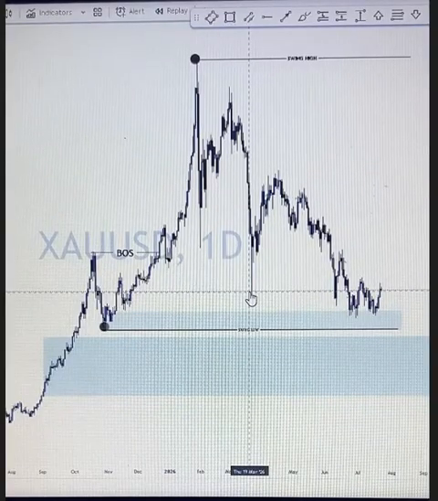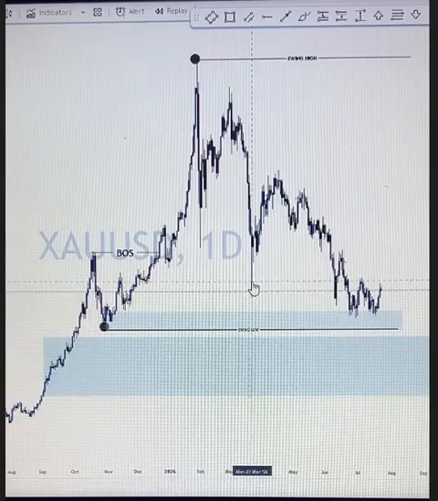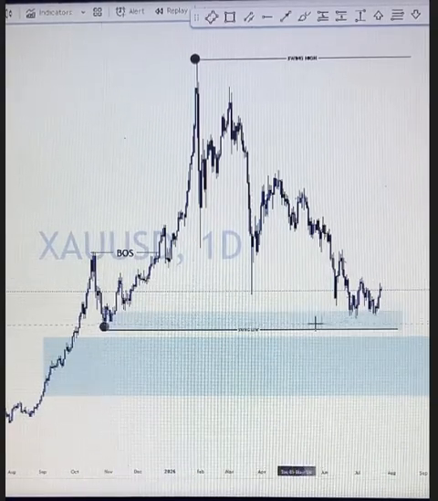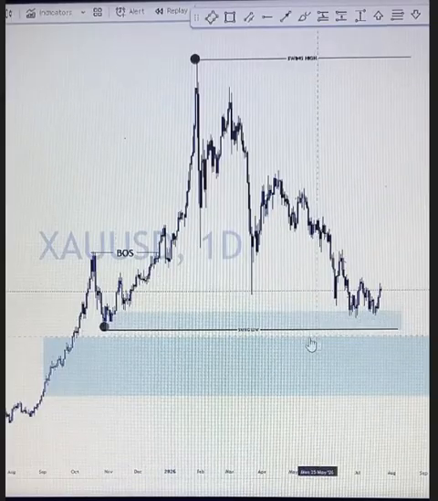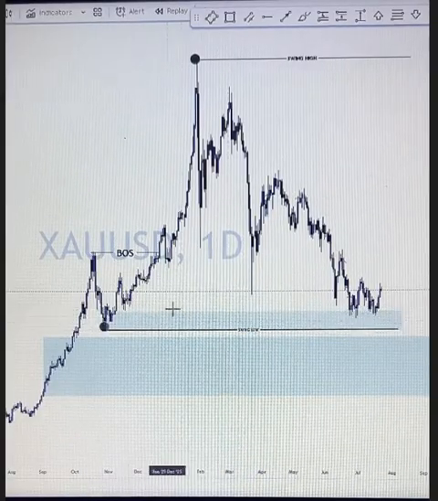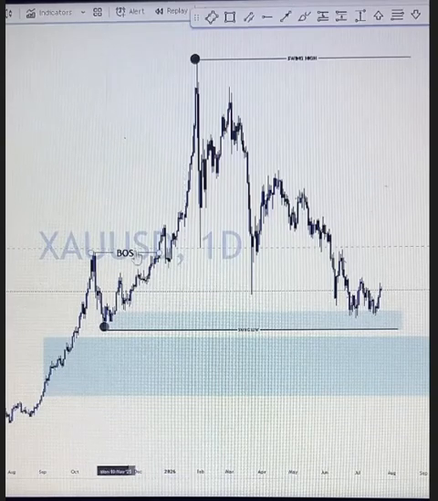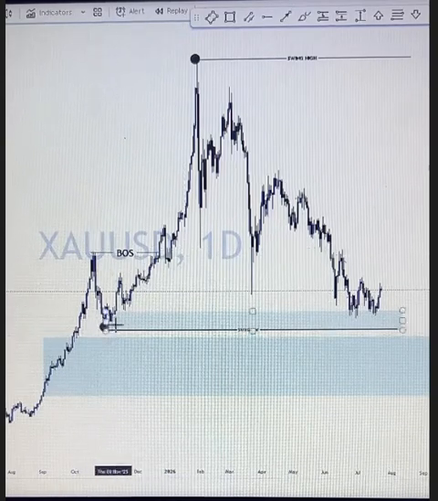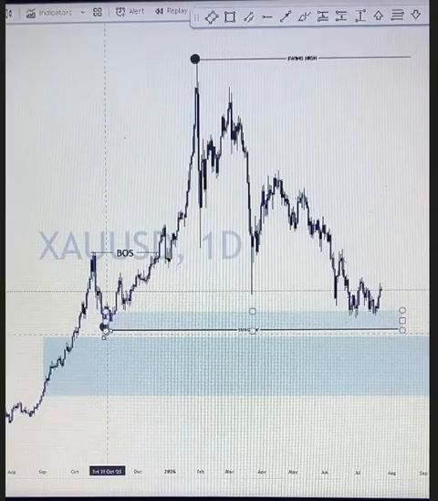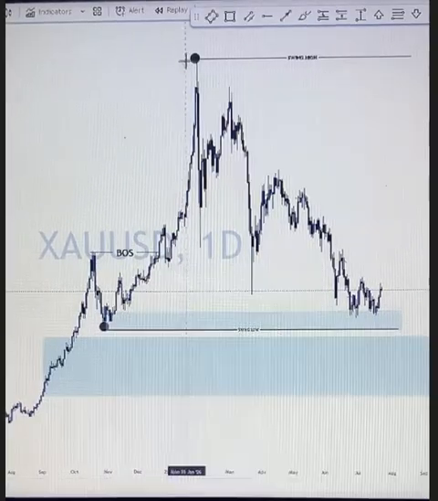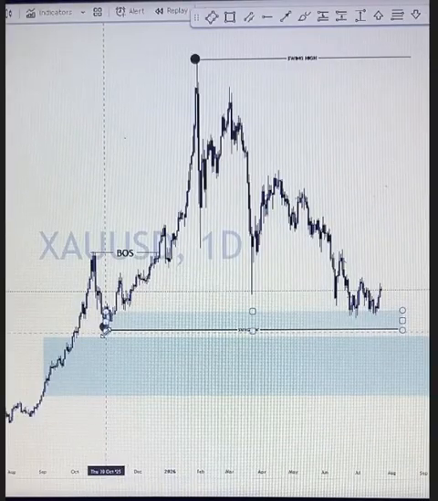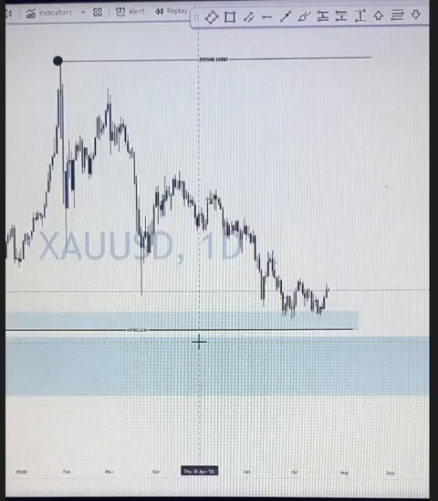All right, so let's continue the business of simplifying structure and time frame alignment. This level right here is called the extreme order block. Why is it extreme order block? Because inside this structure, it is the lowest swing high. It is the last one before this structure started. So this place is going to be our extreme order block.